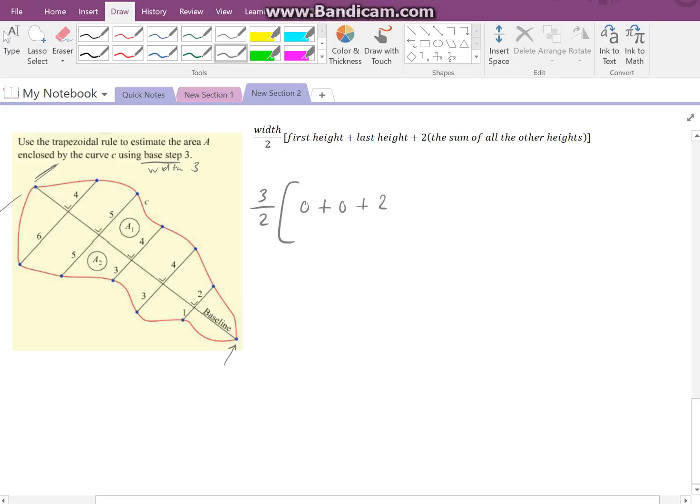plus 2 times the sum of all my other heights. As I just said to you, if I wrote 4 as my first of the remaining heights, that would be wrong, because that line actually isn't 4, it's actually 10, because you have to take into account the bottom part that's underneath it. Think of an iceberg, the 4 is only shown, but there's 6 underneath it. So we'll go 10 plus second ones is 10 again, 5 and 5,